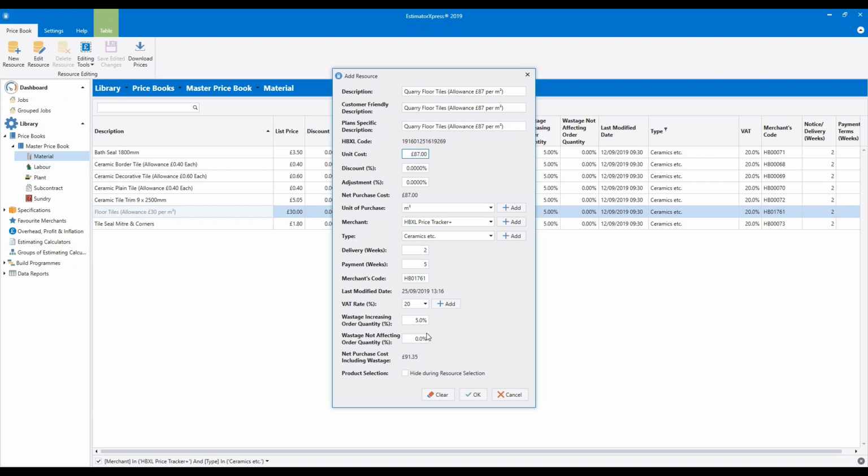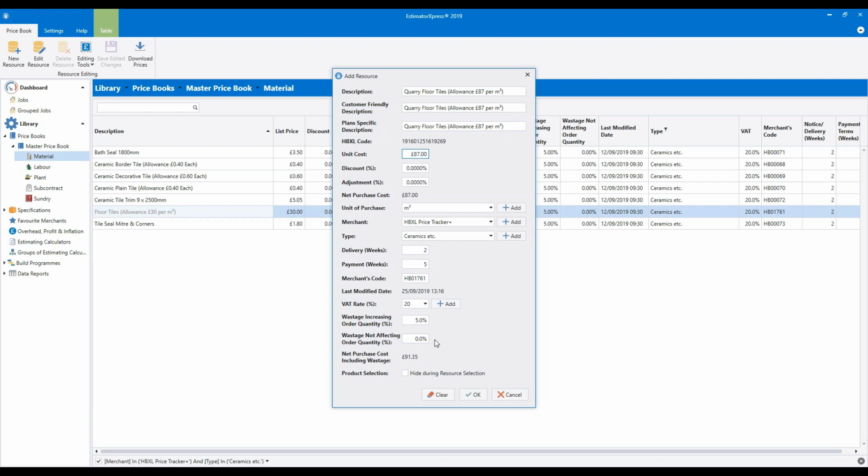There's also another wastage field here, which I skipped over last time, which is the wastage not affecting order quantity. So what this allows you to do is add a wastage percentage onto whole items. So items such as boilers, taps, windows, doors, and so on that you buy individually.